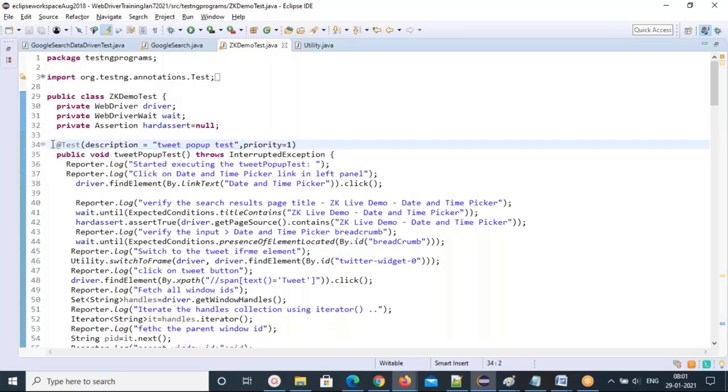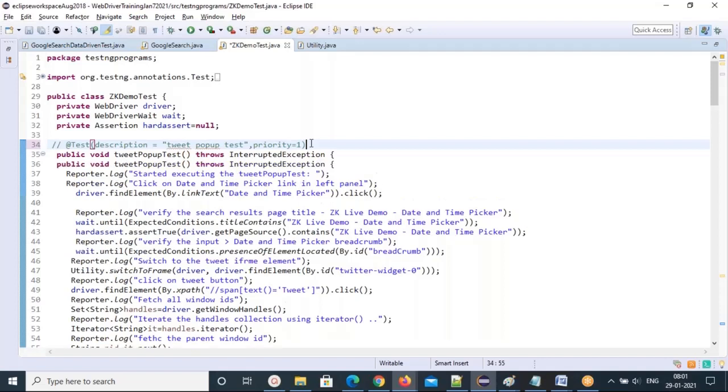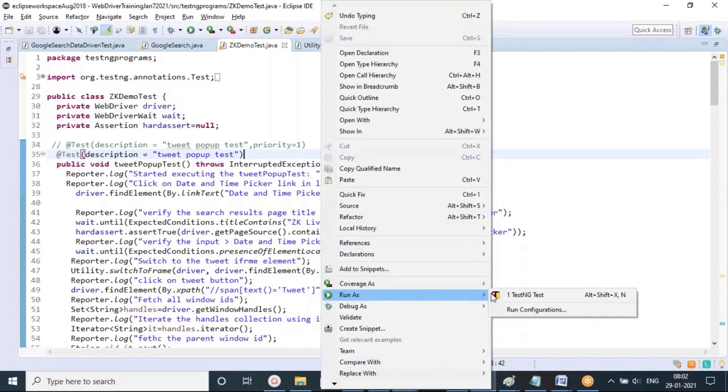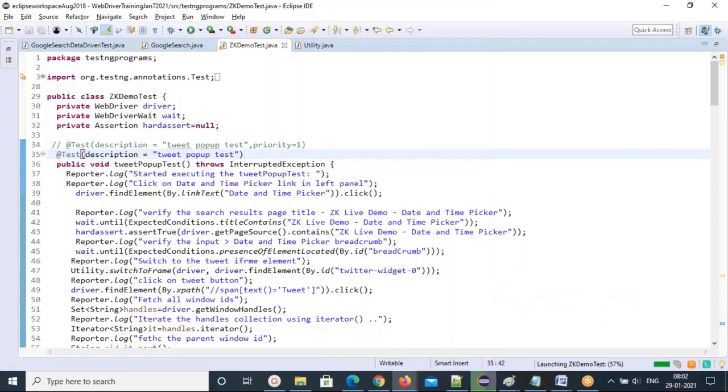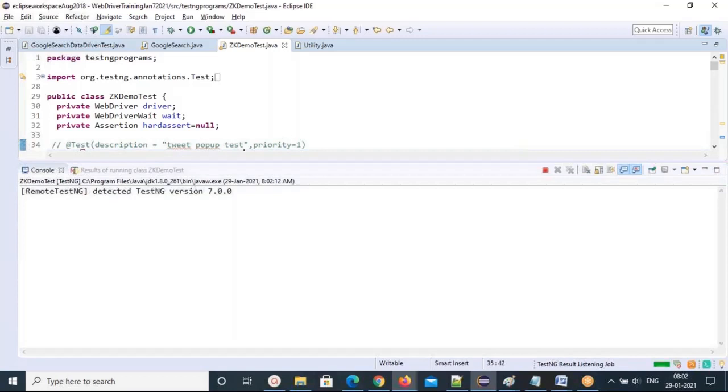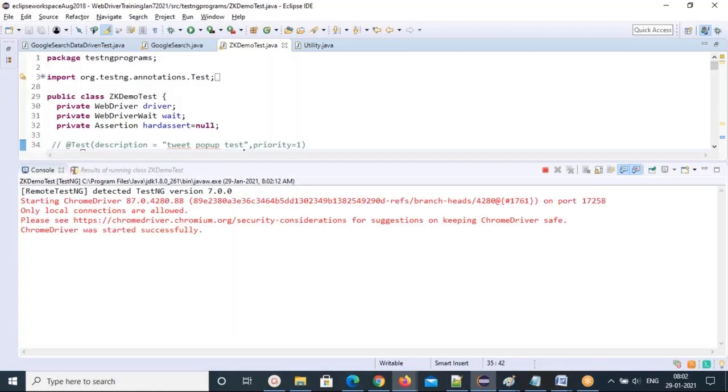So now in which order will they execute? This is another interview question. Did you get my question? In my class, for a few test methods I'm using the priority keyword, prioritizing them, but for a few methods I'm not giving any priority, not using the priority keyword at all. So in which order will they execute? That's the interview question. It is tricky, right? This is a question many people ask. See, which order is it executed? I'm showing it practically for you, so you can understand the order now.